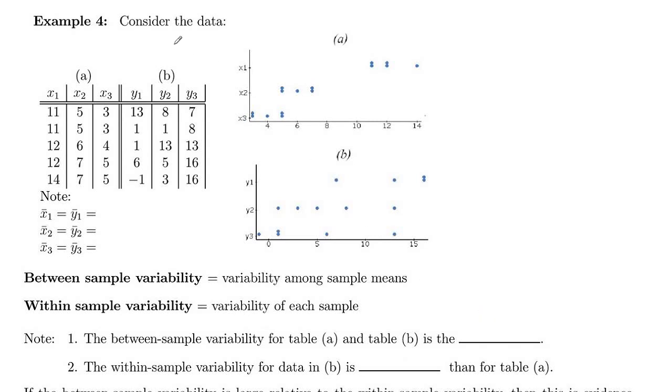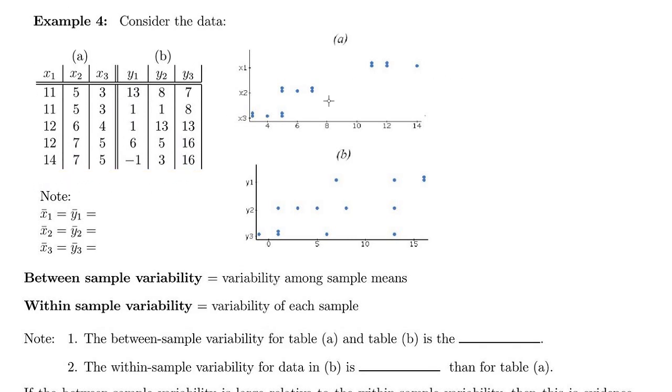So in example 4 here, let's consider some data in this table. We have data set A and data set B. And over to the side here, I have graphed that data. So here's data set A and data set B. Now, what you're seeing here,